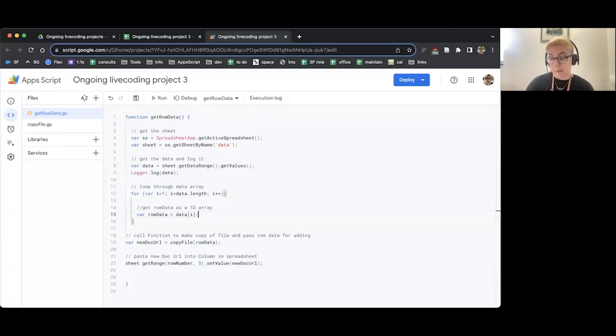Okay, so we've got that. The other thing we want to do is we're going to have a little bit of an if. We're going to check something. We're going to check if there's already anything in the URL cell, because otherwise AppScript is very good at basically just saying, okay, I'll make another document. And you've already got one, and then you end up with 5 of the same document. The link's only to the last one. It's going to overwrite the link each time. We don't want that. We only want to make a document if we don't already have one.